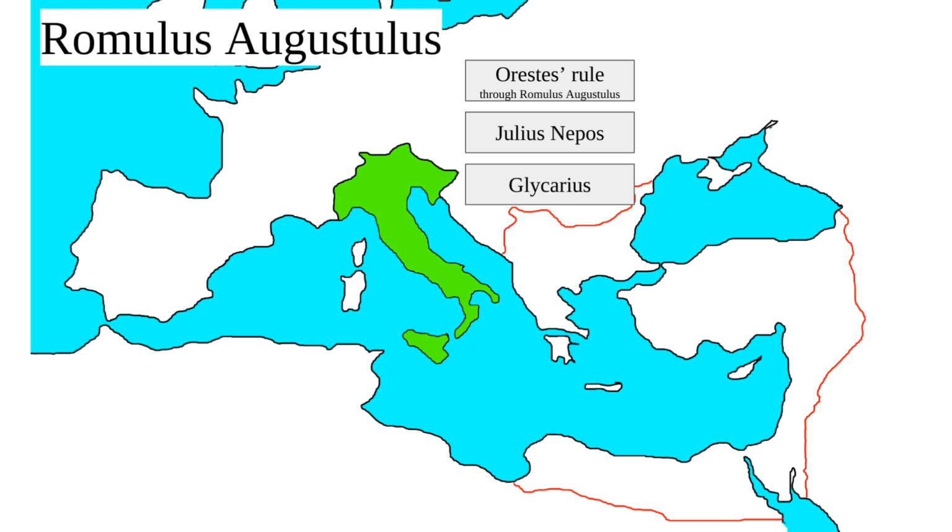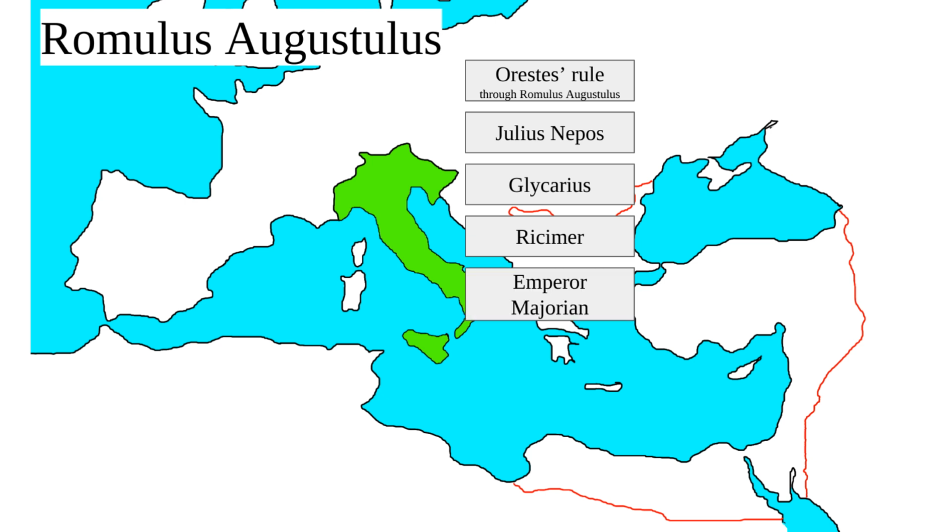He dethroned Glycerius, and Glycerius was the Roman emperor by the power and army of Gundobad. Gundobad proclaimed him emperor after Ricimer's death, who was the power controlling the other emperors. Ricimer gained control of Italy when he killed Emperor Majorian, and then Ricimer proclaimed a bunch of people emperor, which is not really important, or their names are not important.